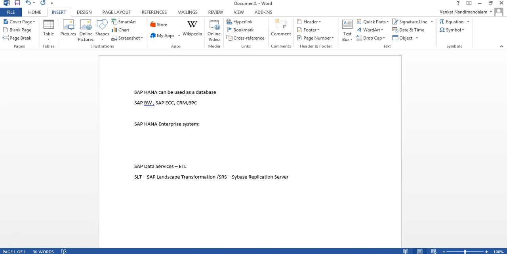Sybase Replication Server. Or if you have some flat files on your desktop which need to be put in your HANA system, you also have a flat file loading option straight away in HANA Studio, which can be used to load data into HANA from your desktop. Flat file loading. So these are the data provisioning techniques you have